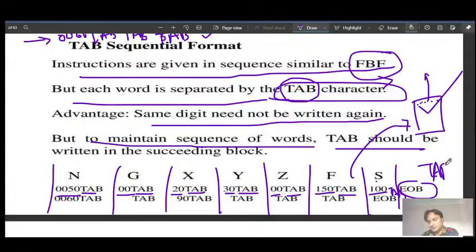Both are optional, so either we can write end of block or tab.